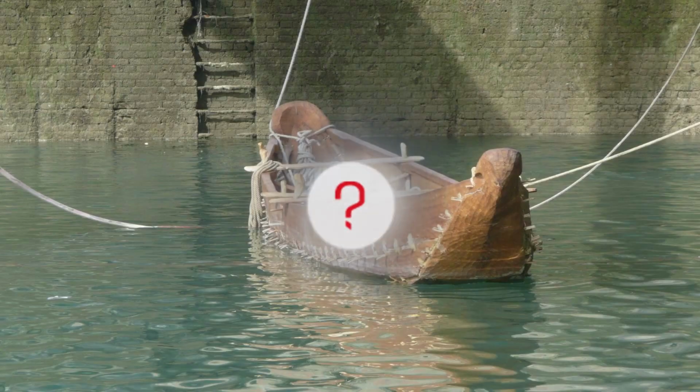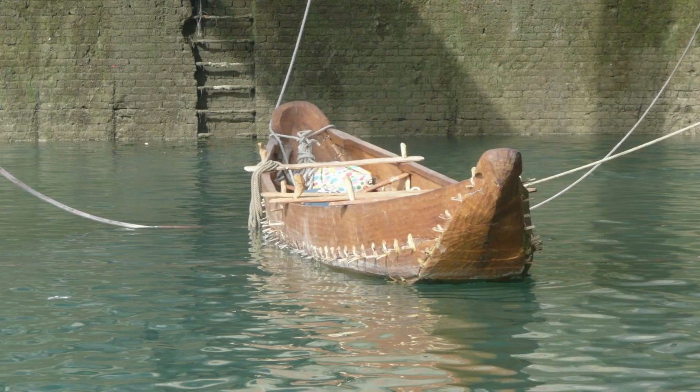What about if they used a boat? So workers could have used boats to transport the stones. At first, this seems like a more reasonable explanation, but there is a major flaw in this theory. How would they get the stones onto and off the boats? They couldn't just roll a natural 20 and magically pick up the stone with their strength and move it